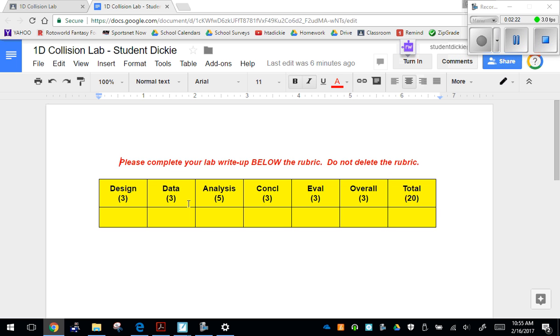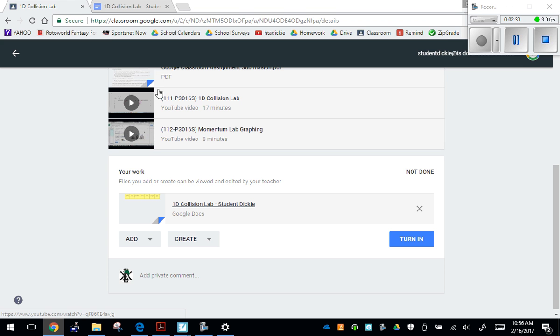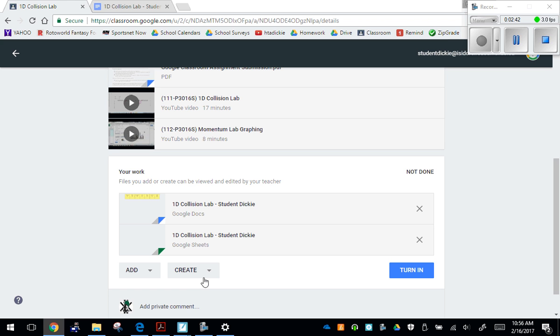Now, I want to spend just a couple of minutes going over the graphing that you're going to have to do for this lab. So I'm going to go back here now to my 1D collision lab. I don't even have a spreadsheet here that I can do my graph on, so I'm going to create one. I'm going to go down here beside Create, click on Sheets. I want to create a sheet. And now under your work, you're going to see a document and a spreadsheet. Now click on the spreadsheet,